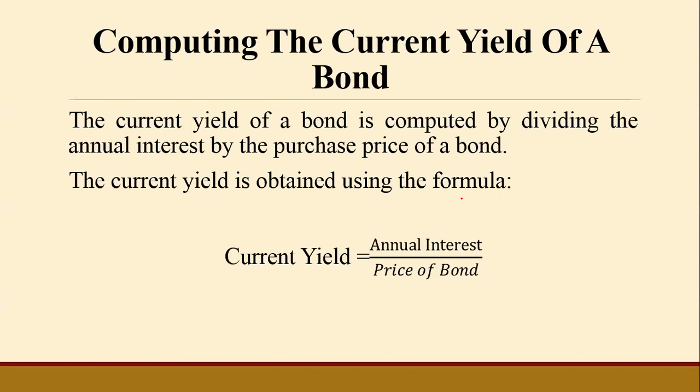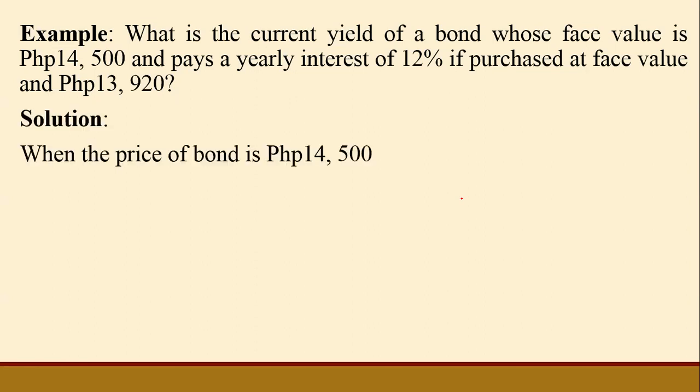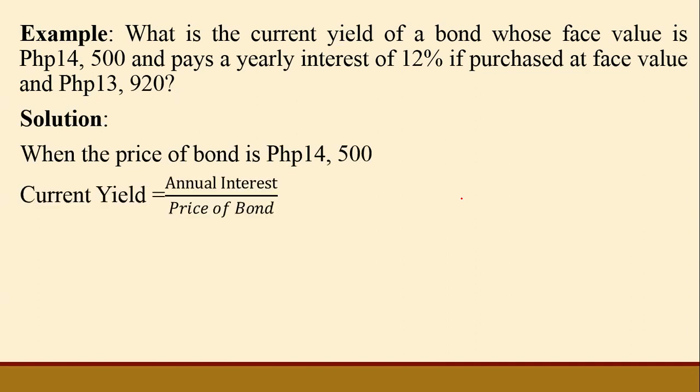Example: what is the current yield of a bond whose face value is 14,500 pesos and pays a yearly interest of 12% if purchased at face value and at 13,920 pesos? So for our solution, when the price of the bond is 14,500 pesos, the current yield will be